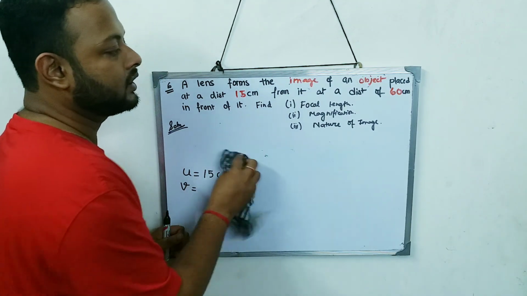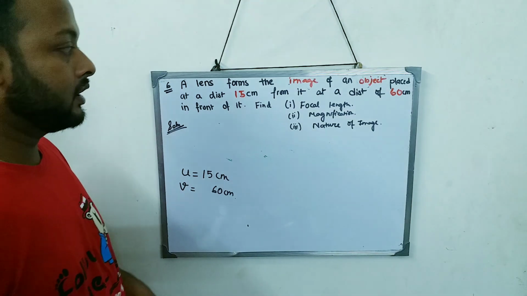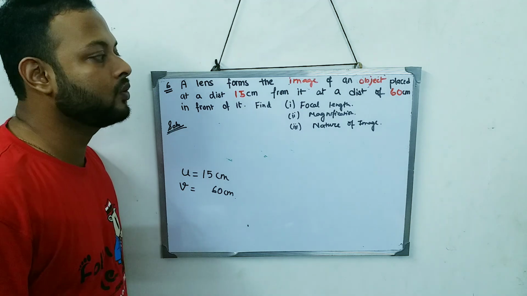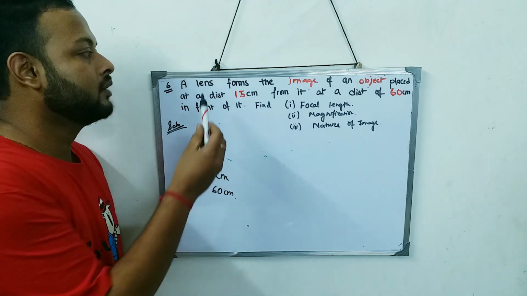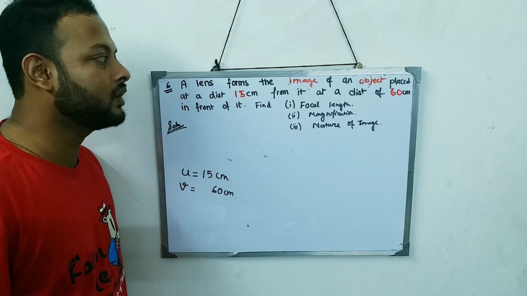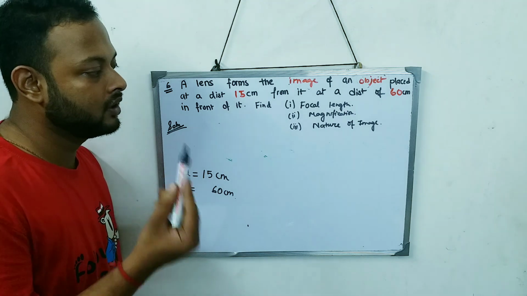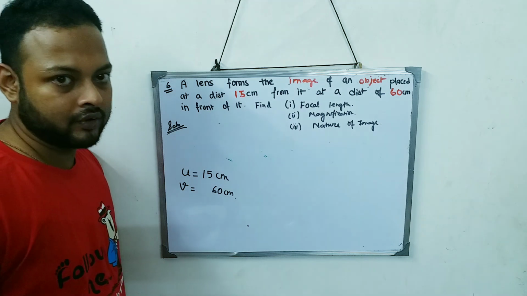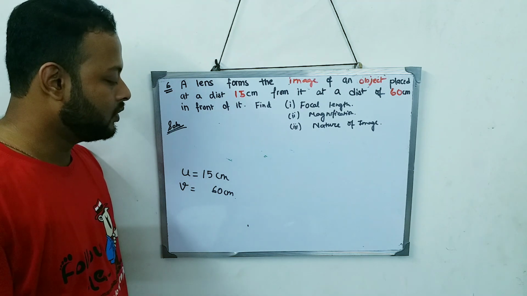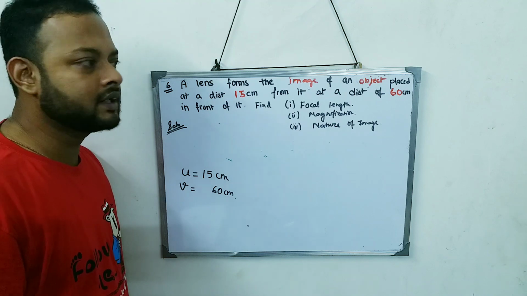Now after doing the sum, we have to draw the diagram, but the problem is we do not know what kind of lens we are using, because only lens is given, nothing more. We don't know whether it is concave or convex, so we cannot draw any diagram for this question, which we have done in the previous 5 sums. Okay, no problem. Let's see how to do it.